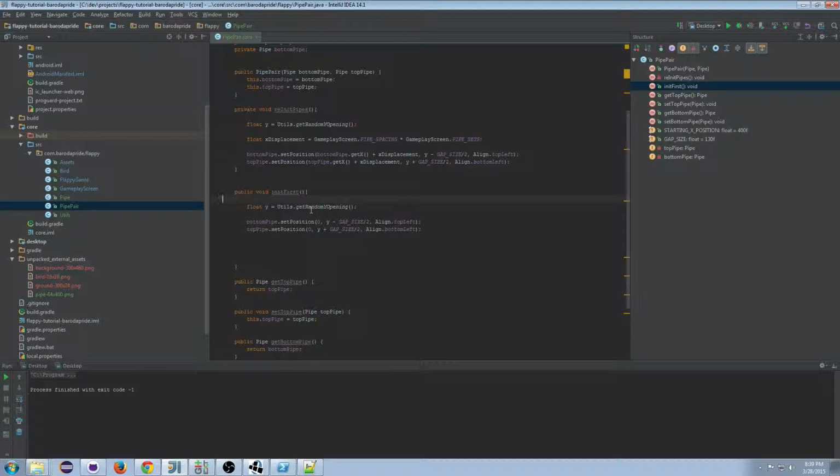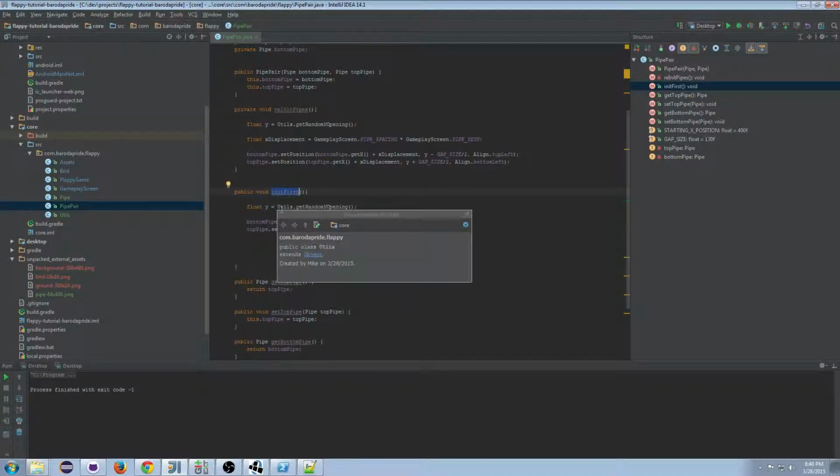So when the game initially starts up, we're going to initialize one set that's going to be close. It's going to be off the screen, but it's going to be closest, and then there's going to be another set, another pair of pipes after that, and then there's going to be a 3rd set even further off the screen. So we're going to have this method for init first,